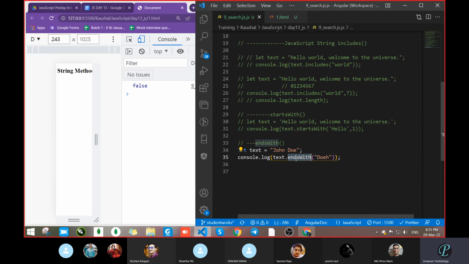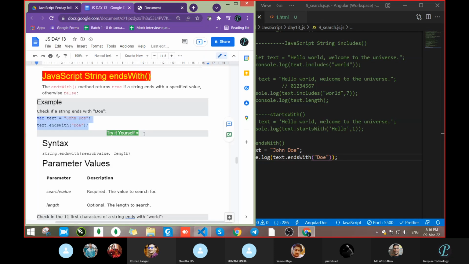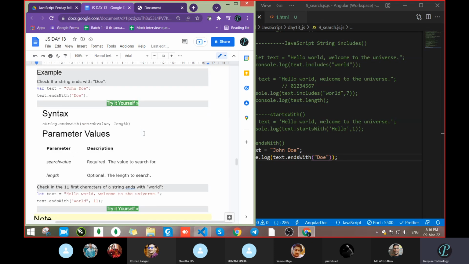Just see whatever method is available. See, this is just like simple English. endsWith means this text is ending with the word, but it's not there. That's why we are getting false. Clear? These are some methods you can keep in mind. Nobody asks this much. These, like endsWith, are somewhat rare, but startsWith and then the includes method, everybody asks those.